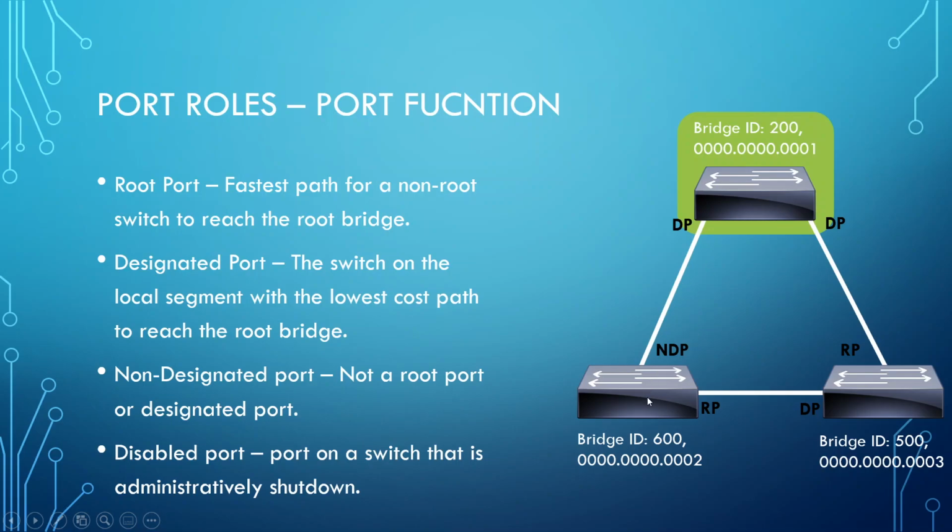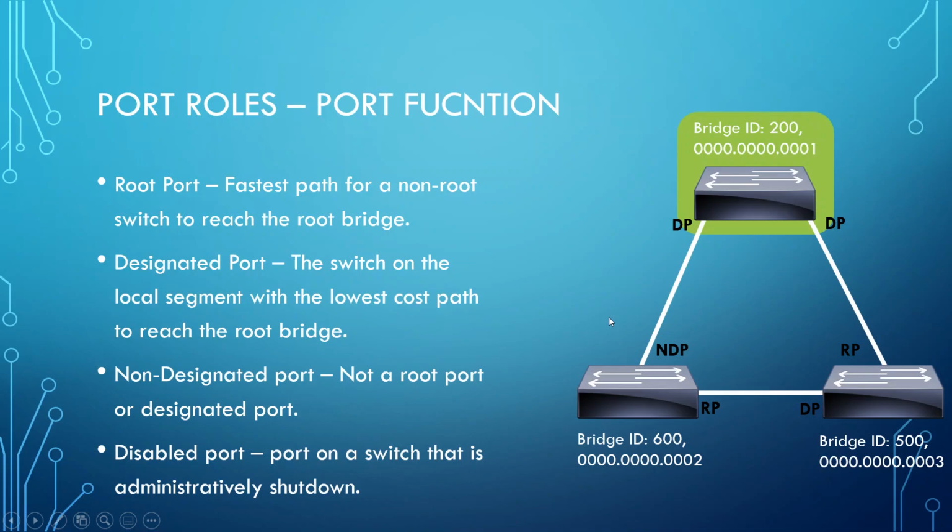If 002 were to cease receiving BPDUs, then it would bring this link over here, which is currently blocking, into the forwarding state, and then we'd have a loop. But the BPDU would travel down to 003, who would then change a few fields and forward it over to 002. So now 002 is receiving BPDUs on this link and this link. Hence it knows that there are two paths to reach the root bridge